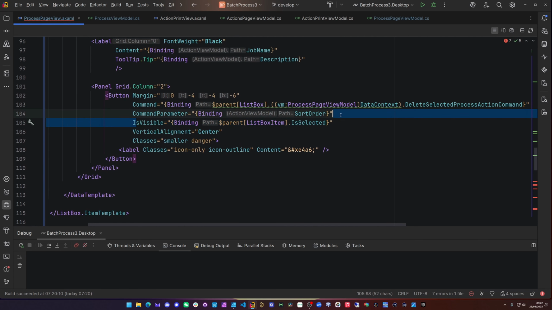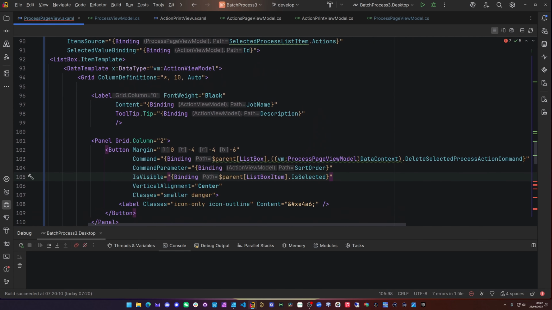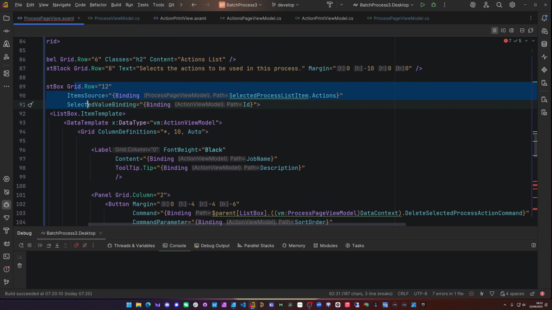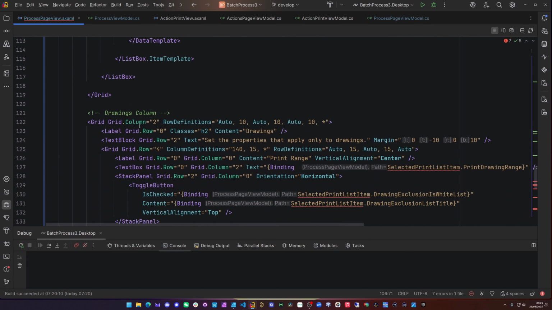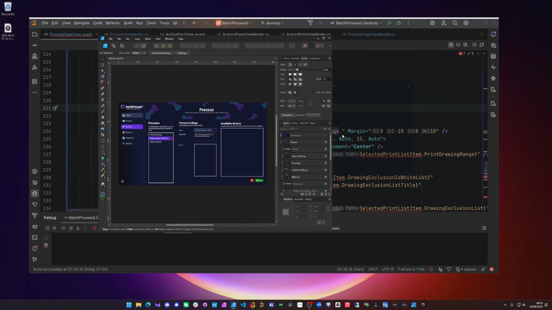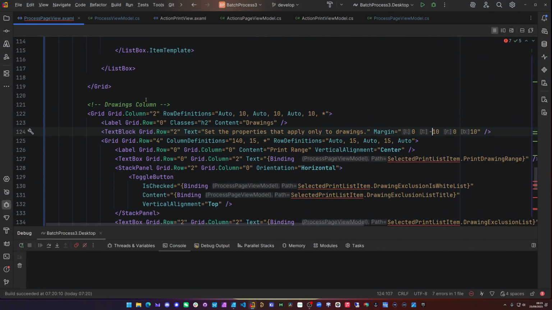And then the is visible is bound to the selected. So that's why we don't need the binding up here now to the selected value, because it's got no relevance for us. And then that's the end of that column. And then now the drawings column is going to be the available actions column. So this is the available actions column. And where it says drawings, we'll have available actions. This will be